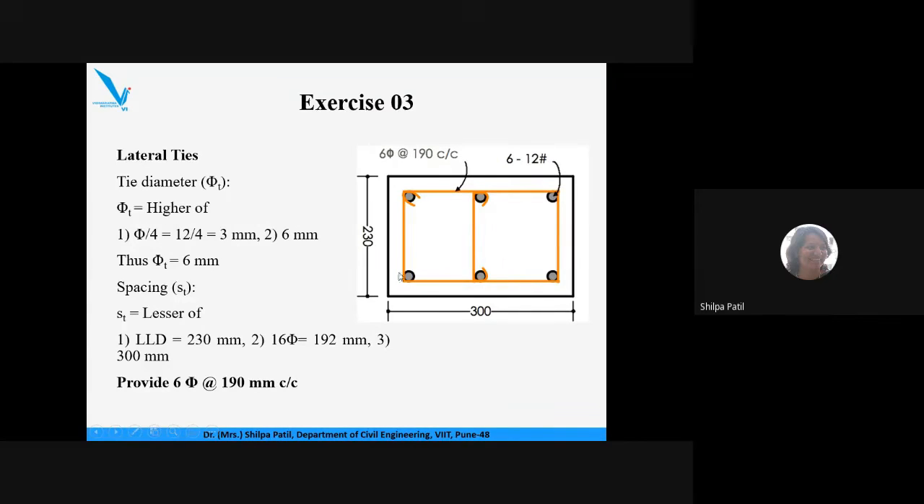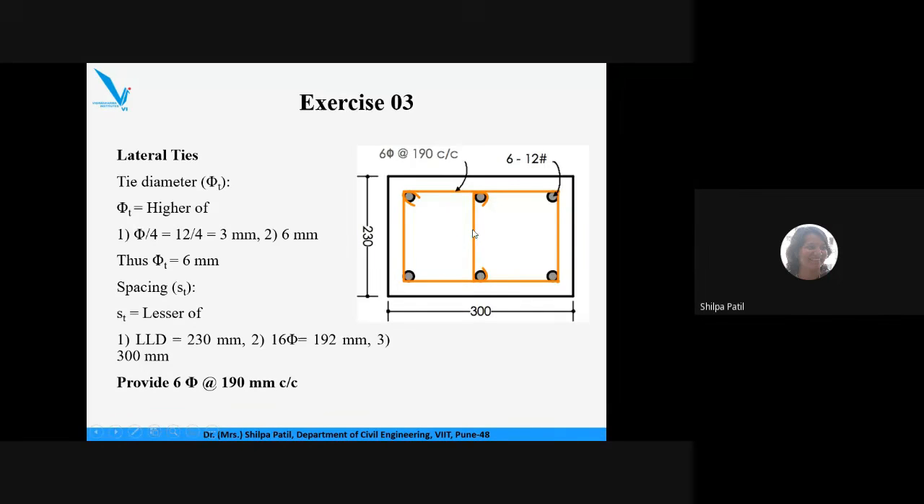At the end, a complete closed loop is provided, and for the inner 2 bars, an open link is provided like this. Okay, each and every bar should be connected by lateral ties. If you will not provide this,